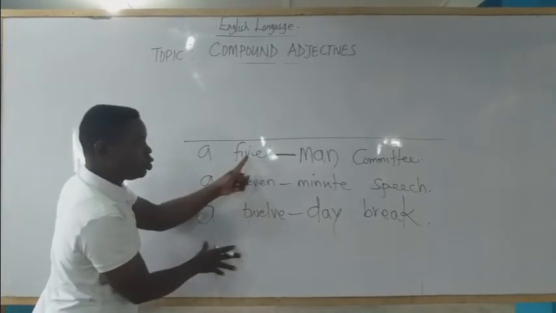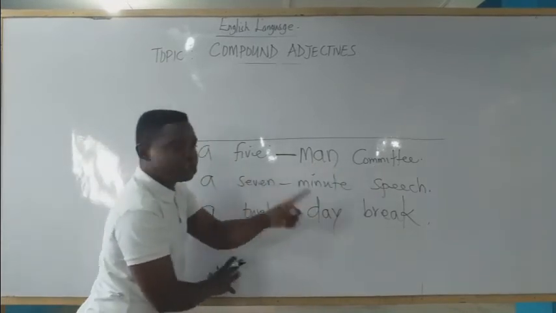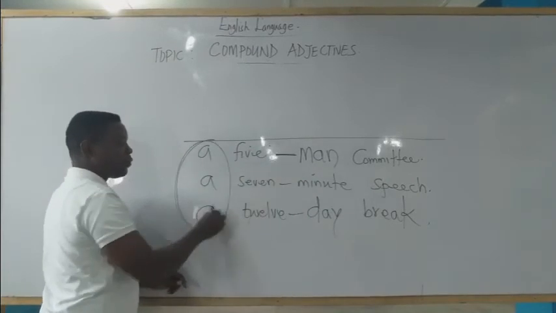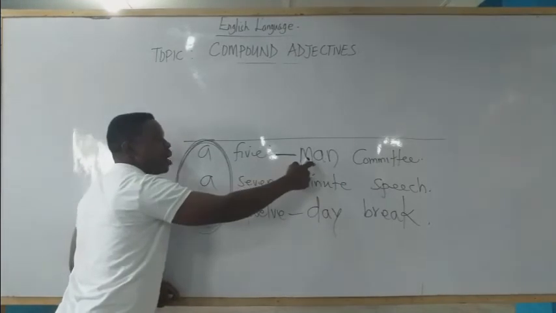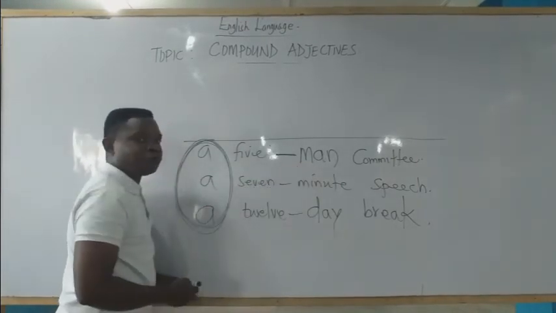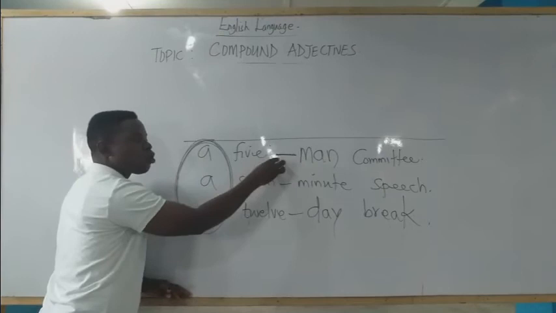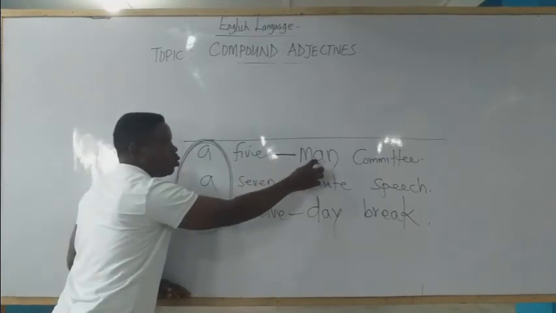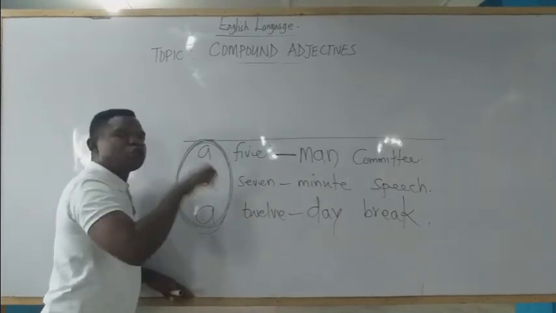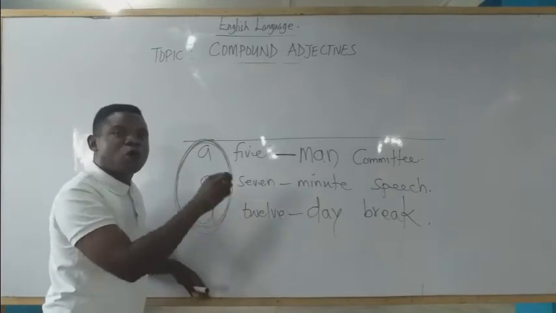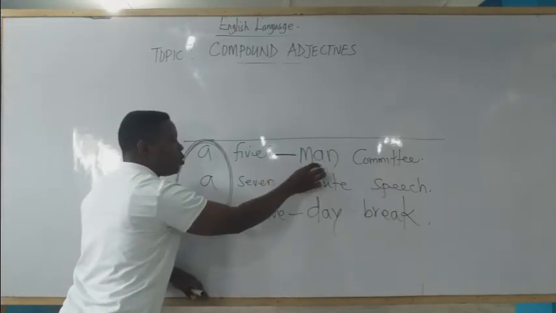If articles are not used in this formation, the first noun will be nominal and number, nominal and head word. But take note, if articles are not used in the formation of compound adjectives, the nominal or noun will appear in plural form. Whenever articles are used to form compound adjectives, the nominal will be in singular form. But where articles are not used, it will affect the nominal or noun. How? The nominal or noun will now be